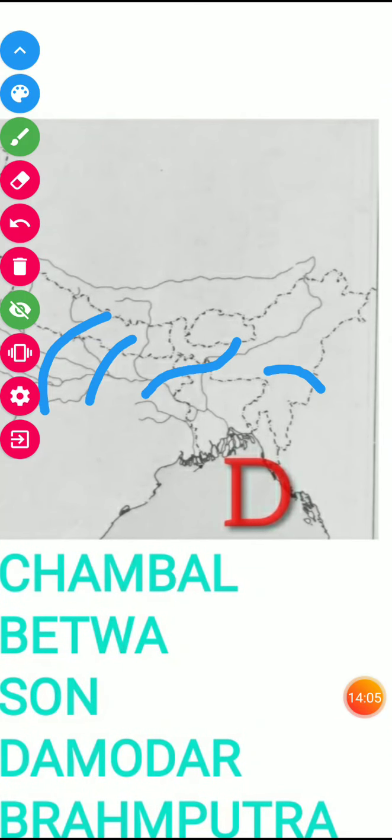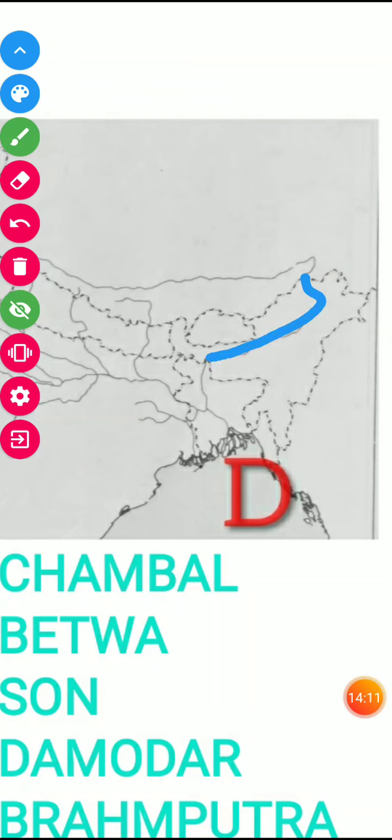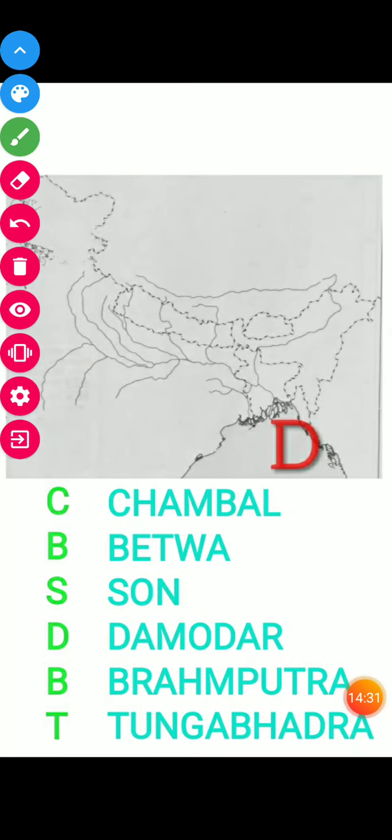And the 5th river here is river Brahmaputra, which comes from China, Tibet, then enters India and then goes to Bangladesh as well. So here it is known as Sangpo, then it enters India, known as Brahmaputra, then it goes to Bangladesh. So we have to do this Indian part only. This is Brahmaputra. So you can find only 5 rivers here. I repeat them: Chambal, Betwa, Son, Damodar, Brahmaputra.